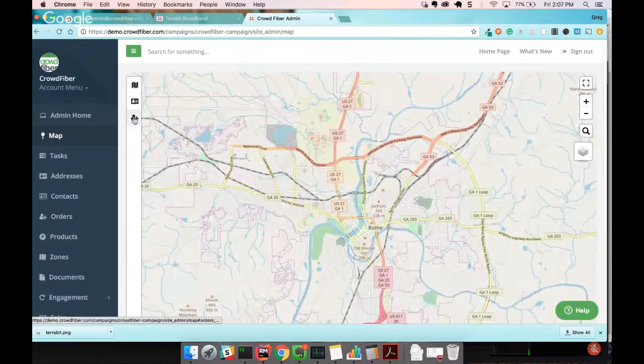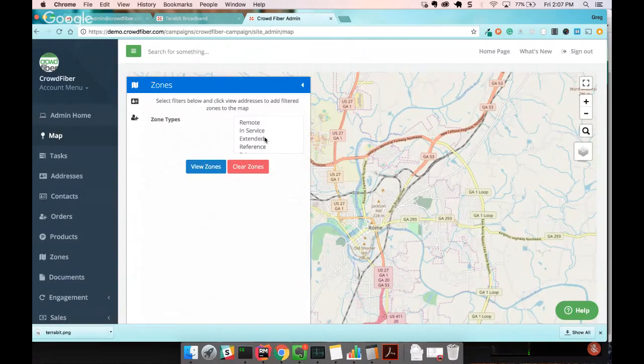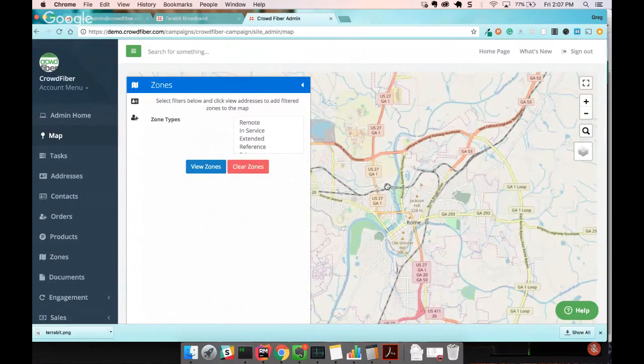And over here on the left are several elements that you can visualize. So I'm going to start at the top. A lot of times, what you want to do is to just work at a very high level with your campaign and look at things like my zones. So, for example, where are my in-service zones, and what do those zones look like? I might want to look at my extended zones, and you can see here in my test campaign, I've got a lot of messy